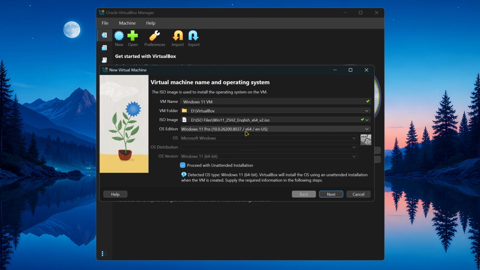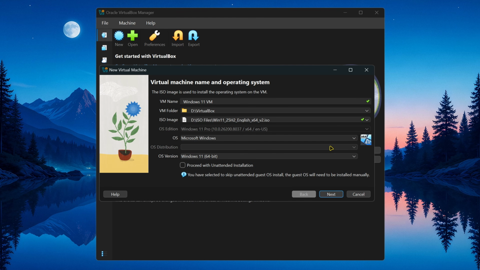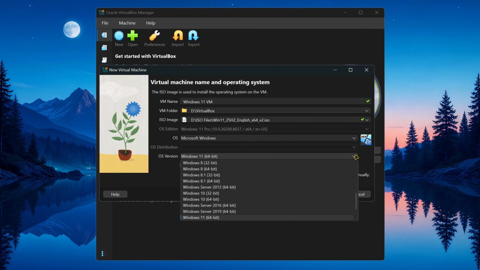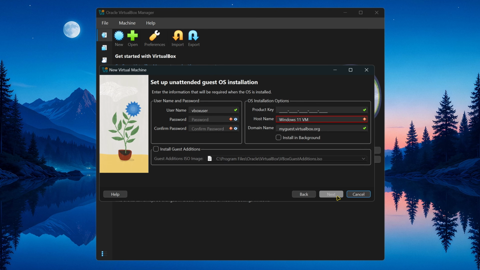Now you'll notice the next options are filled in and grayed out already, and that's because of this checkbox right here. Install OS using unattended installation. This is what makes this method so easy. VirtualBox answers all of Windows's setup questions for us. The region, the keyboard, the account screens, everything you normally have to sit and click your way past. And the machine just installs itself, all the way to the desktop. So we'll leave that ticked and click on Next.